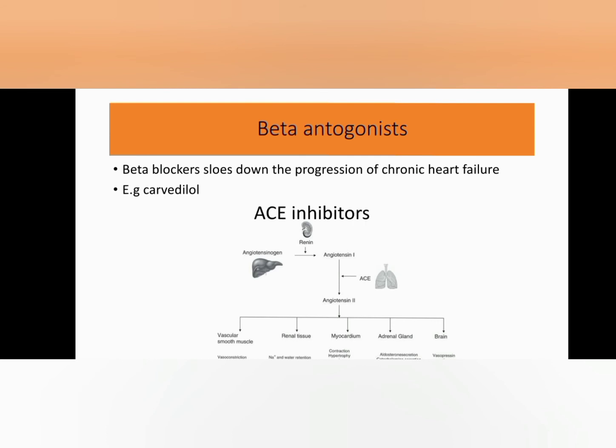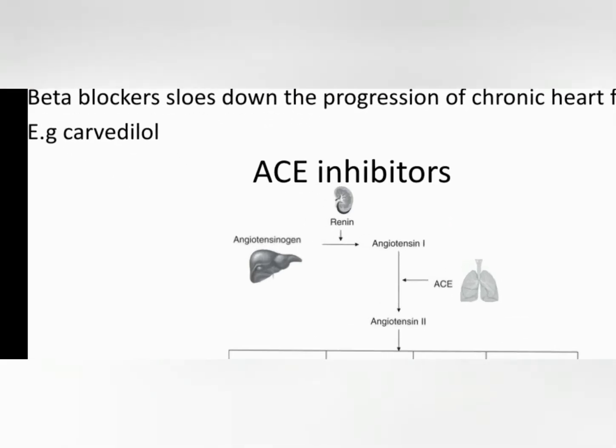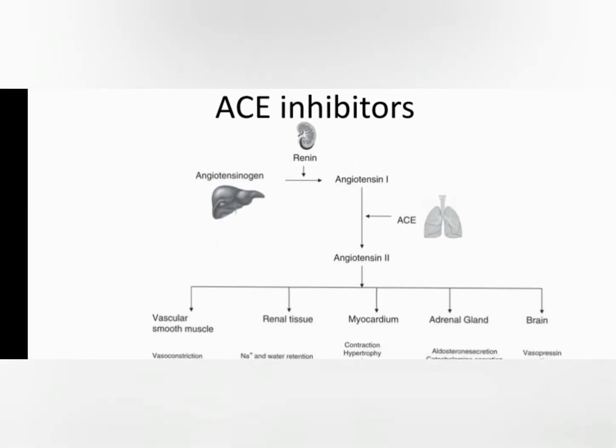ACE inhibitors, angiotensin converting enzyme inhibitors. How is angiotensin activated, and what is the role of angiotensin 2? Actually, there is angiotensinogen in the liver, and it is activated by a kidney enzyme called renin. The renin enzyme is produced by the kidney, and it acts on angiotensinogen and converts it into angiotensin 1. And angiotensin 1 is converted to angiotensin 2 by